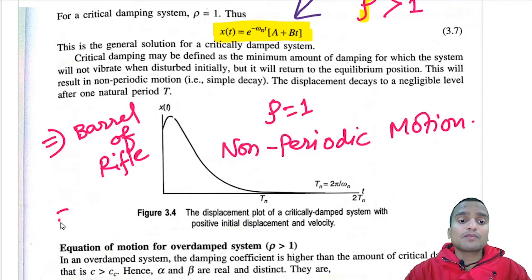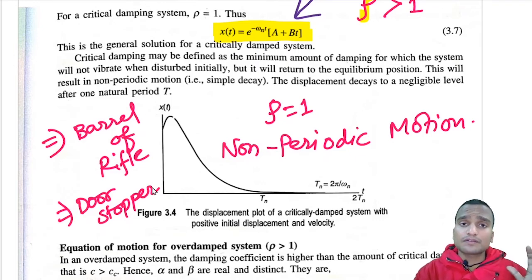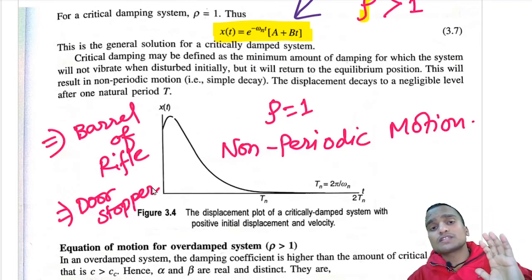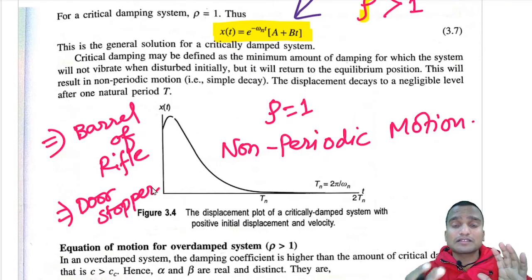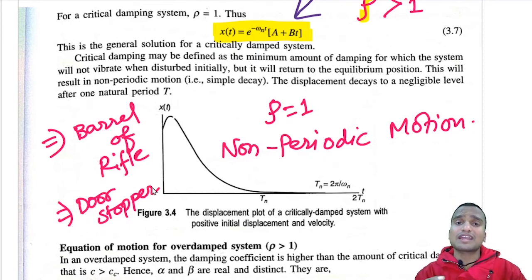Similarly, another example can be the hydraulic jack of the door stopper, which you must be seeing everywhere, used in doors. You just open the door and leave it. What happens? The stopper slowly and slowly closes, it also has some damping arrangement there. Dashpots are there, cylinders are there, fluids are there, piston is there. So in the door stopper there is no oscillation as such. Amplitude simply decays to a negligible level in just one natural time period.